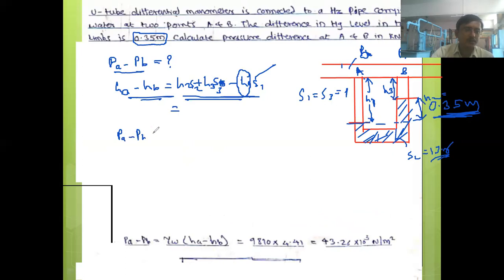PA minus PB is equal to. But again, you will require the values of H1, H2, H3 there, no? Because in this formula also, if you look, there is H2, then gamma 3 H3, minus gamma 1 H1. So H1, H2, H3 are required in this formula also.